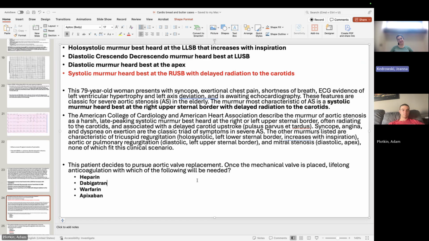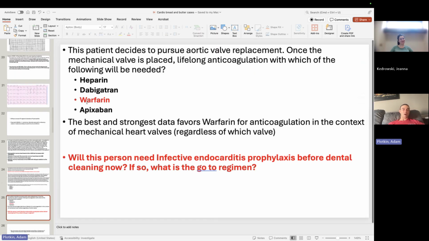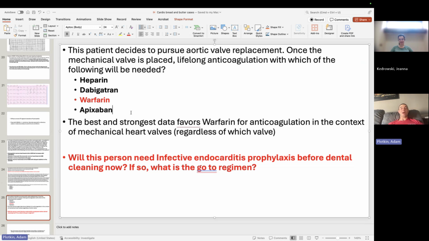Oh, it has to be an antiplatelet because it's a foreign body, so apixaban. Good thought. Yeah, I hate to... It's warfarin. So this one, apixaban and your DOACs have started to be studied. Still don't have great data on them yet. Warfarin is by far still the superior agent for mechanical valve anticoagulation. I will also tell you, be careful with your anticoagulants because apixaban doesn't work on platelets.